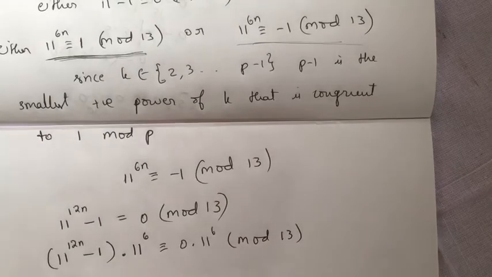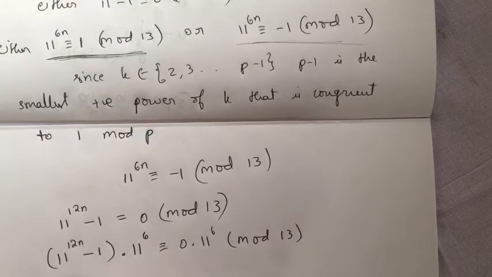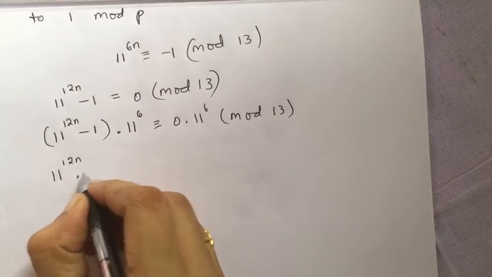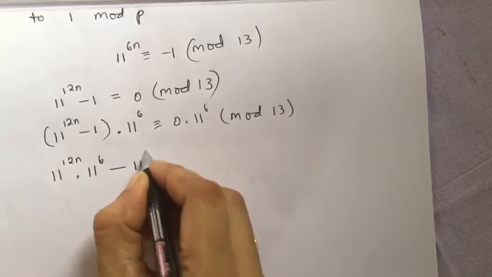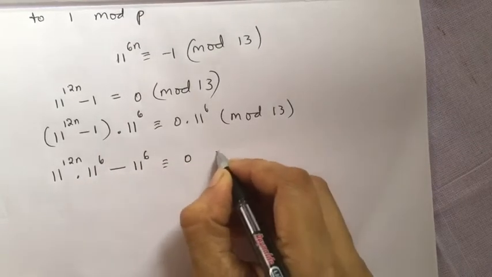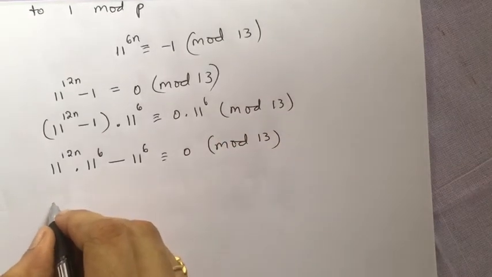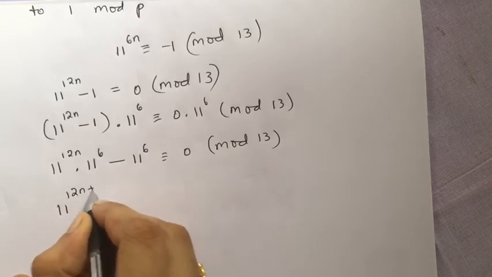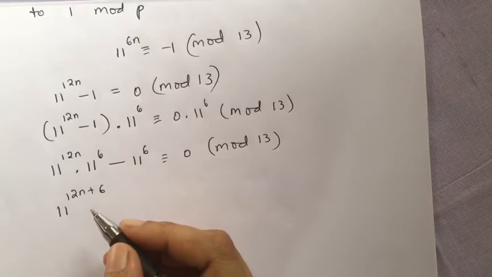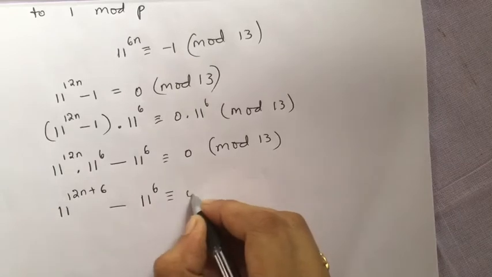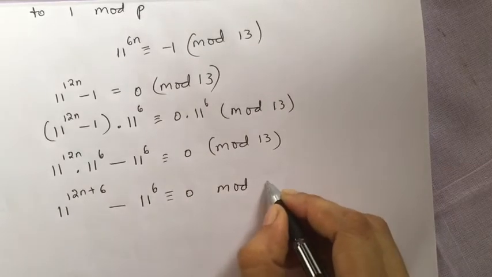So it becomes 11 power 12n into 11 power 6 minus 11 power 6 is congruent to 0 mod 13, which is the same as writing 11 power 12n plus 6 minus 11 power 6 congruent to 0 mod 13,